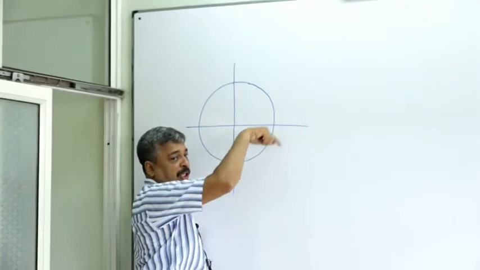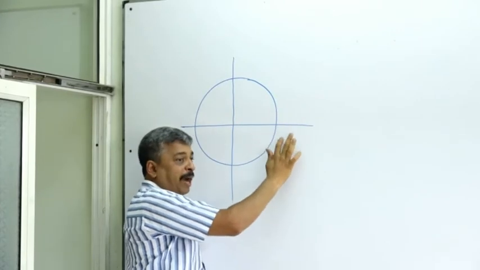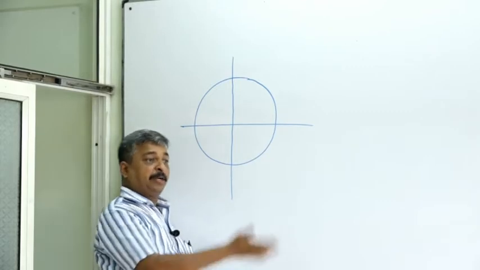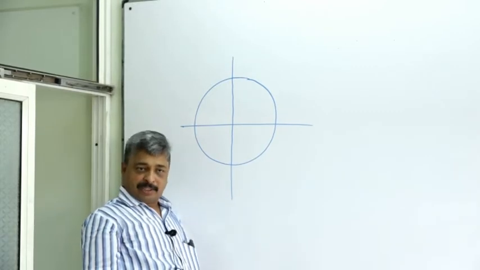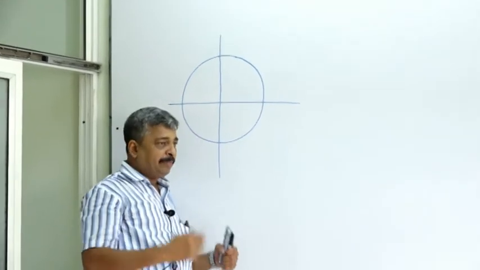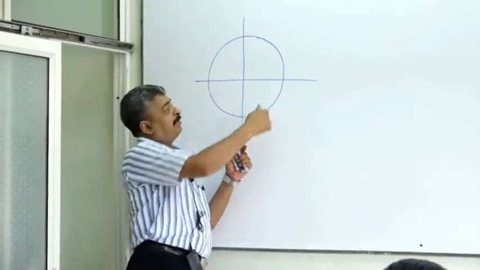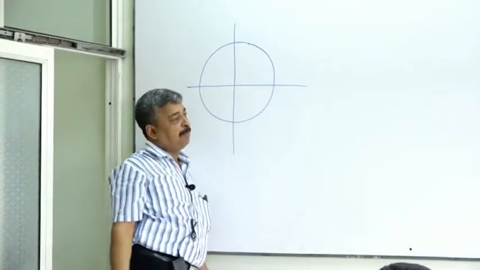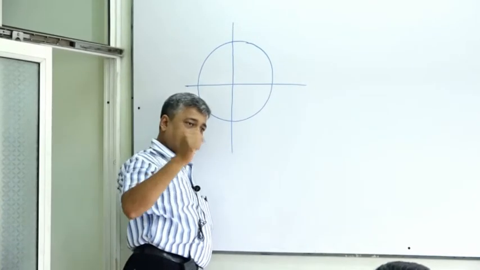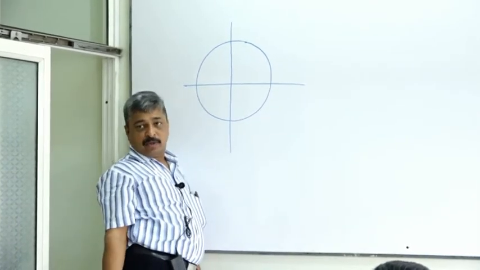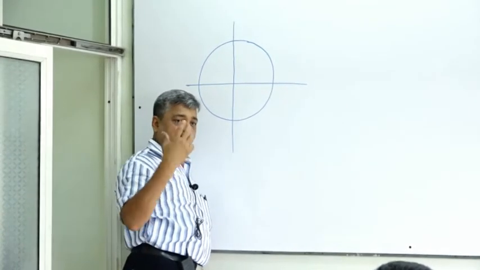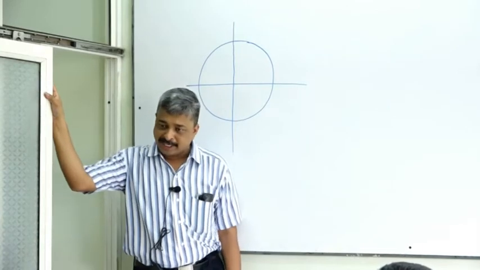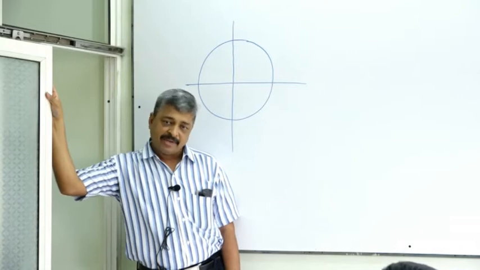For any terminal ray position, say between 0 to 2 pi, that is 360, will it happen that the sine value is not present for some position of the terminal ray? Is it possible? No. The sine value will be available for every position. It doesn't matter whether that terminal ray is in the first, second, third, fourth quadrant, or in alignment with the axis. Every time we will get some sine value or cos value. In case of tan and those reciprocal ratios, maybe we have to skip some angles where the ratios are undefined. But for sine and cos, it is available for every angle, right?